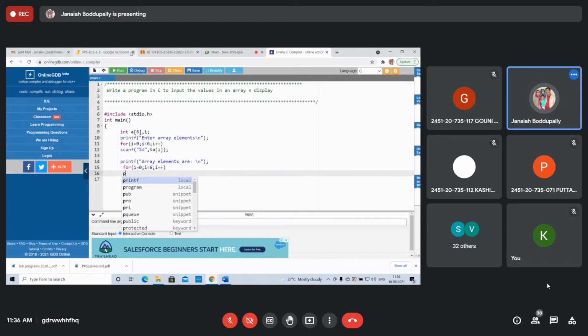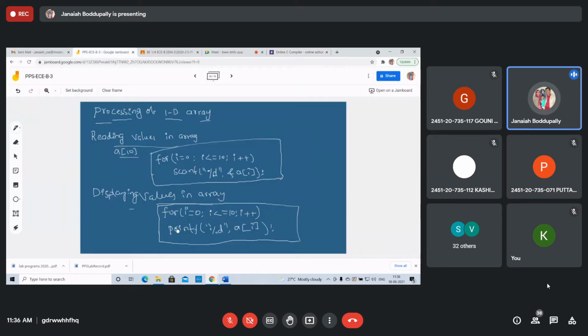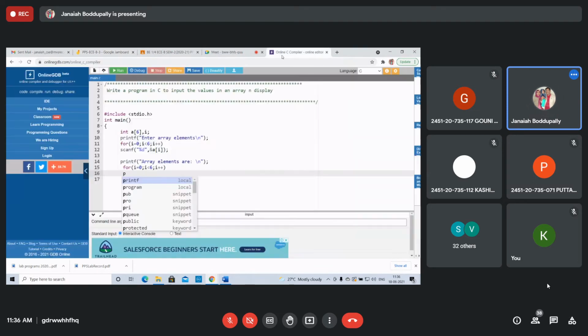See this syntax: for i equals 0, i less than the array size. printf("%d", a[i]). Don't take the ampersand here. For reading the elements, you take the ampersand.